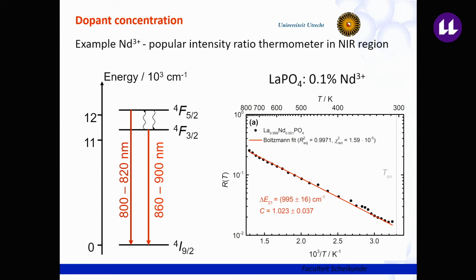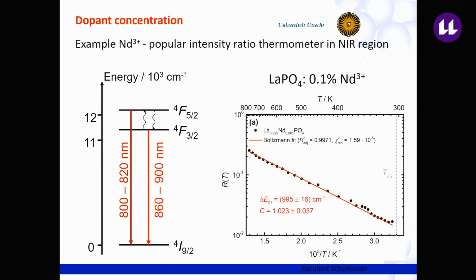Also the dopant concentration can play a role. If you look at neodymium, a nice ion, it has emission in the infrared, and for biological samples that's nice because it's in the transparency window for biological samples, and the 4F3/2 and the 4F5/2 levels are used. The gap is about 1,000 wave numbers, so you see an 880 nanometer emission from the lower level, 810 emission from the higher level, and if you, for the 0.1% neodymium, plot 1 over T versus the ratio, logarithmic scale, you see a nice straight line, you get the energy gap of 1,000 wave numbers, works very well,